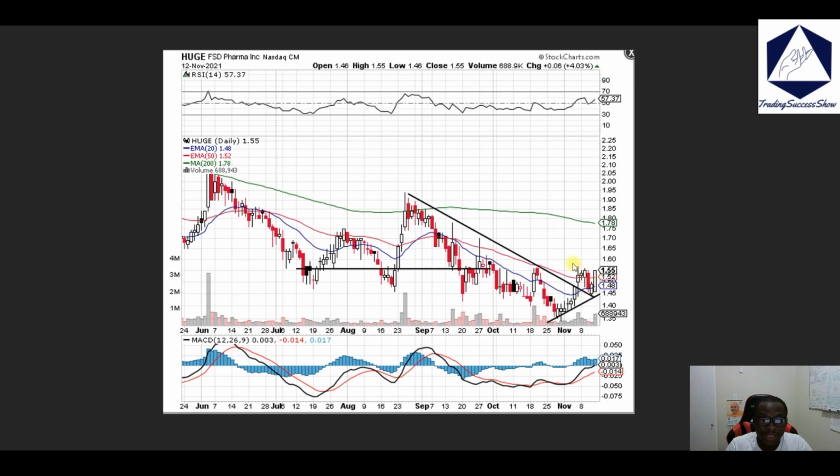HUGE. Price is beginning to retest that 155 again, because this area is the area of resistance. So if we can break through this spot, we can really push into 175. Now take a look at this, because I always talk about this kind of pattern, right? So we have this trend right here. Every time price tries to push through,